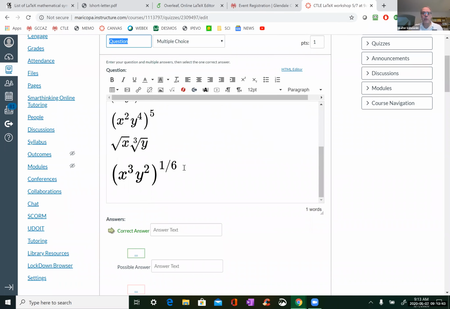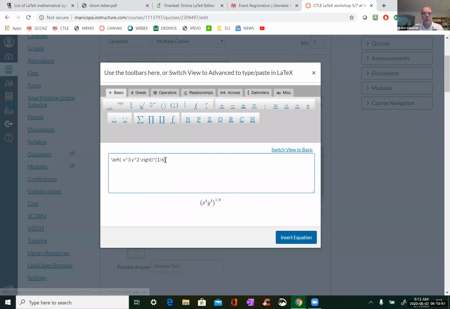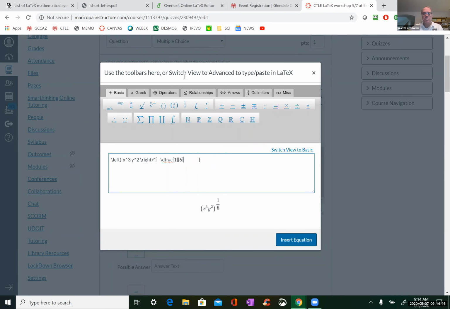Yes, you can. If you want to do fractions, let's see if I can access this. Okay, good. Now, you can always give yourself some space to work too. Don't be afraid to space a little bit in closed brackets like that. Now, it's called display fraction, dfrac. And so if you do 1/6, you can see that it will in fact do that.